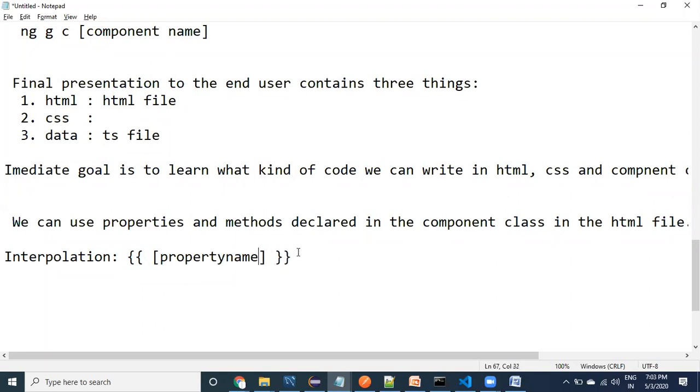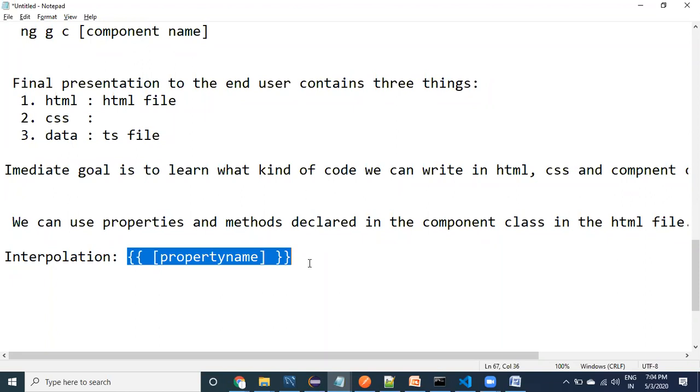Now we came to know that within the HTML, we can write not only just HTML code, we can write Angular-related syntax. One of the syntaxes is interpolation. Not only interpolation, many other things are also available. Many things we have to know and learn.